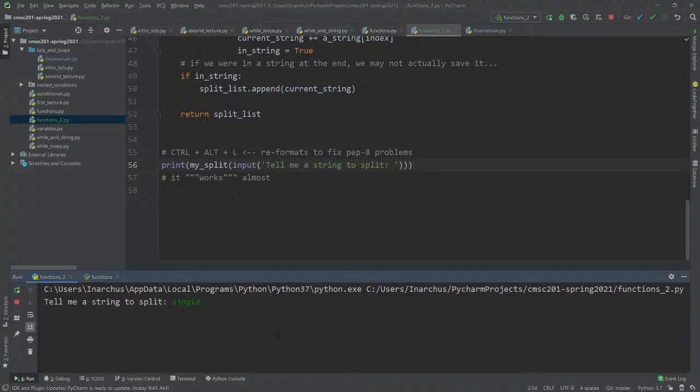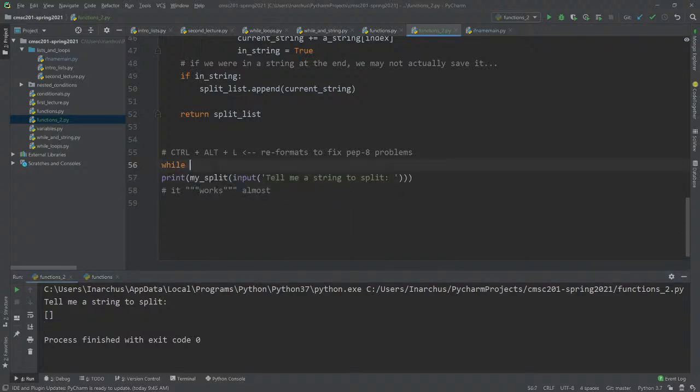Think about the things that can go wrong. The first thing we should try is maybe even to split nothing. Cool, so that worked. If we split nothing, this is an empty string that we feed in. Well, actually, I shouldn't say nothing. It should have this empty list pop out, which is what happens.